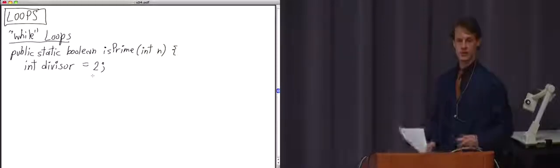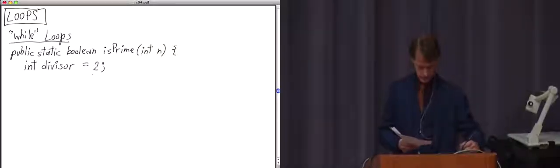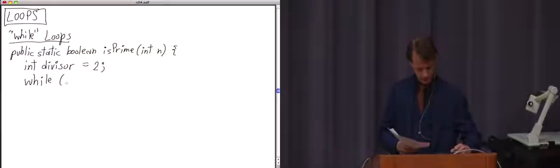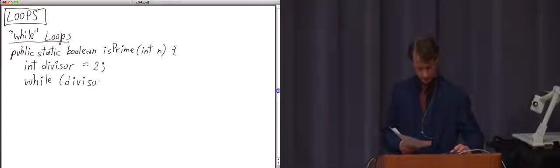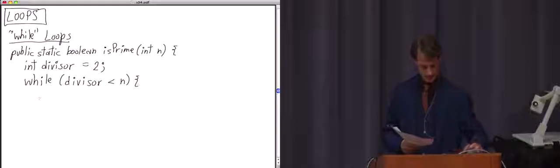So we have some divisor, it's initially 2. And we're going to keep increasing the divisor until the divisor is equal to n, and then we stop. But as long as the divisor is less than n,